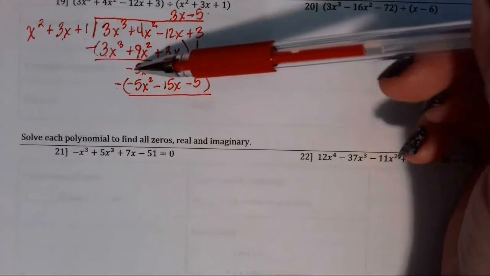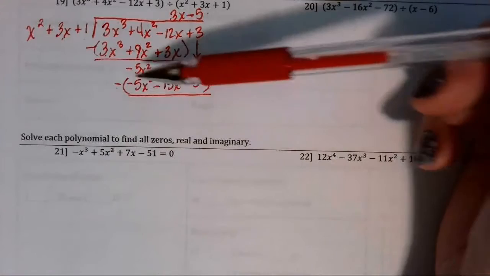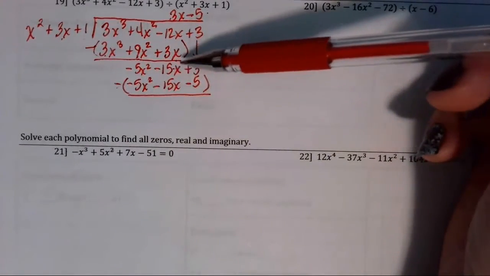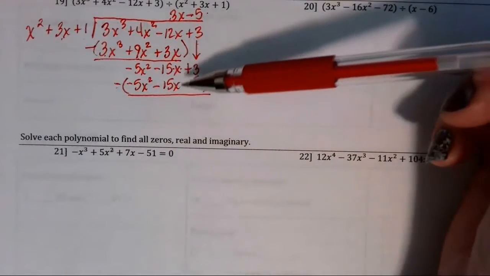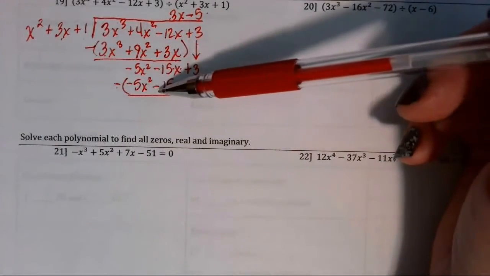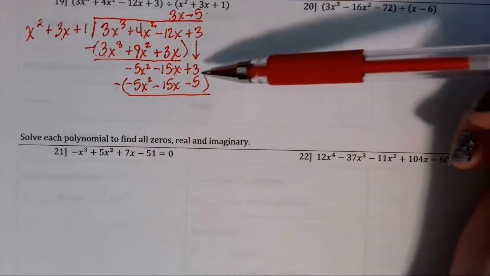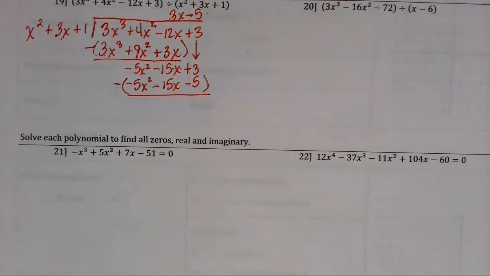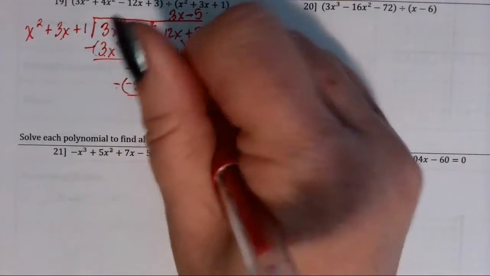So negative 5x squared minus a negative 5x squared, that's a plus then, and those cancel. Negative 15x minus negative 15x, minus and a minus is a plus, and those cancel. 3 minus negative 5 is going to be minus a negative, makes that a positive 5, and 3 plus 5